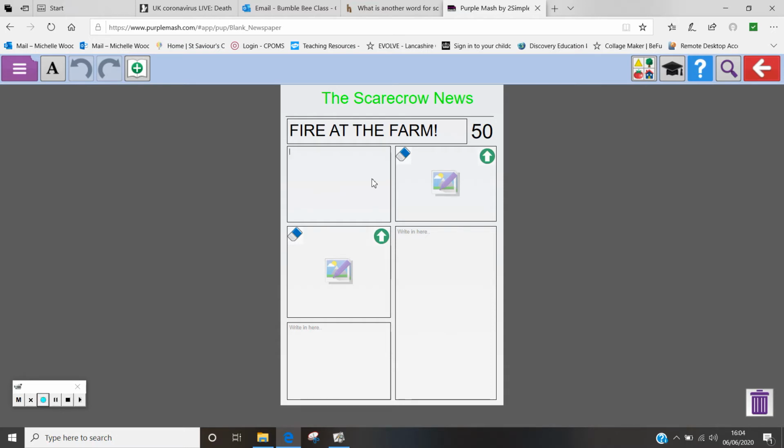Okay, so we're going to write a newspaper article. Now, you will find here that you have got 3 boxes where it says write in here. So that's where you're going to type your article, and then here we can include a picture. So I'm going to start my article first, and then I will come back and I will put my pictures in. So I'm going to put last night